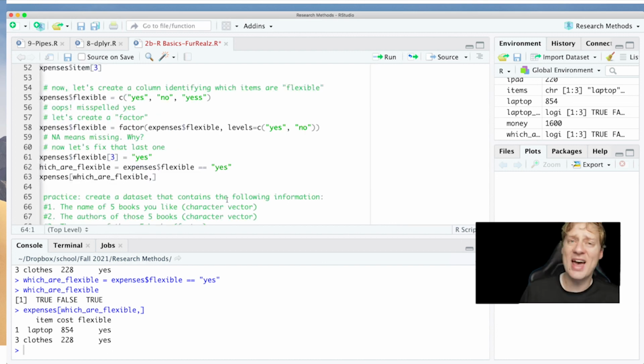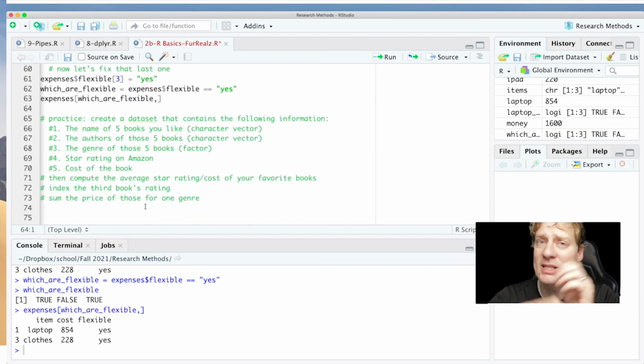Also know what factors are. And once again, factors are basically like character vectors, except you specify that they must be specific values. And one thing I didn't mention before is, what's the big deal? Why do you have to specify that they fit into specific values? Well, I guess you can say part of it is kind of a quality control issue, that you want to make sure that you don't screw something up and put in something like I did here with a yes with the 2 S's. But there's a lot of people in the R community who think factors are kind of a